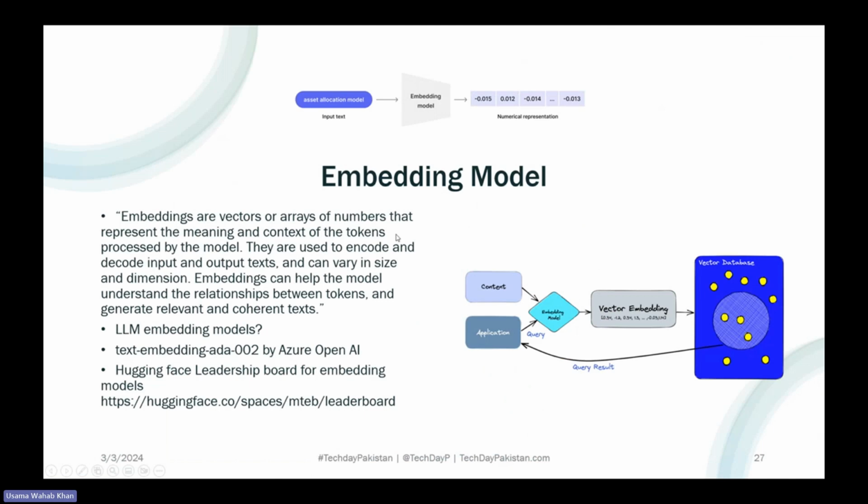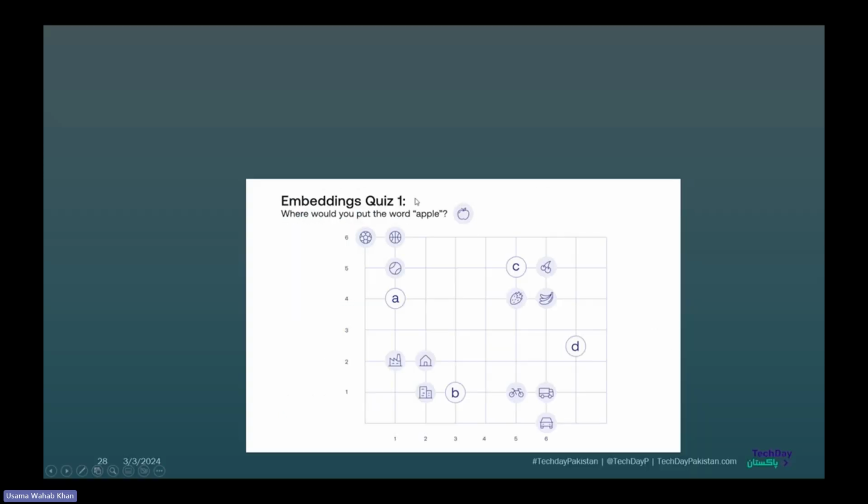So as I said, embeddings are vector arrays of numbers that represent the meaning of the token in context, as represented by the model in a very high-dimensional space. And here I have put the links. These presentations will be available for you after the session. You can see here the illustration: I write the text, it is converted into a vector by embedding models, and it is presented as these numeric databases.